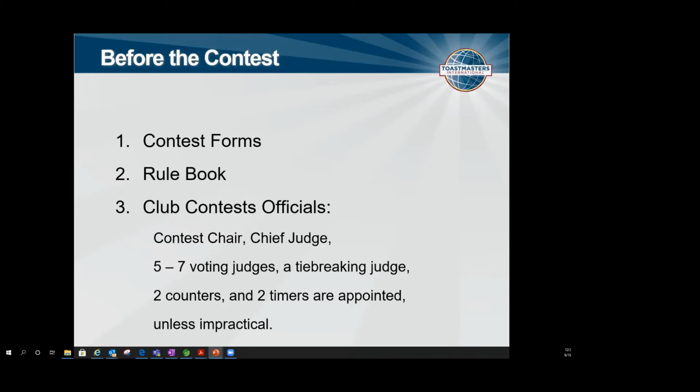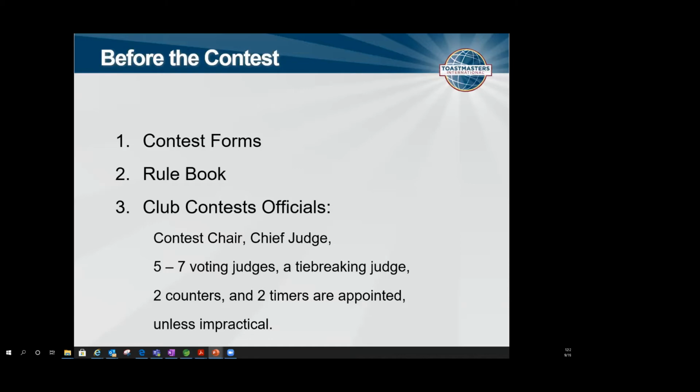But you can't use 2 tie-breaking judges officially. You can only use 1 tie-breaking judge can be counted. 2 ballot counters. 2 ballot counters is a must, even on Zoom. The rulebook says 2. You got to follow the rulebook, and also it has to be verified. So if you have 1 ballot counter, the ballots won't be verified properly. So you need 2 ballot counters, so the ballots will be verified, so there's no